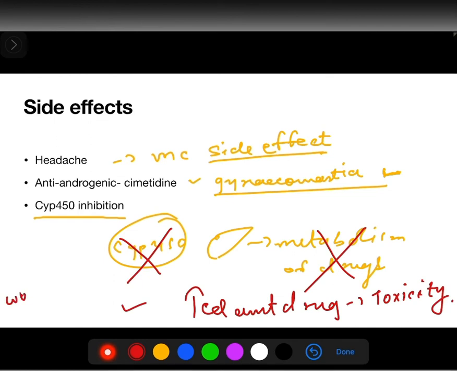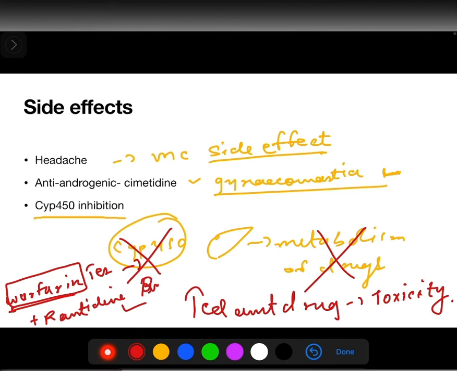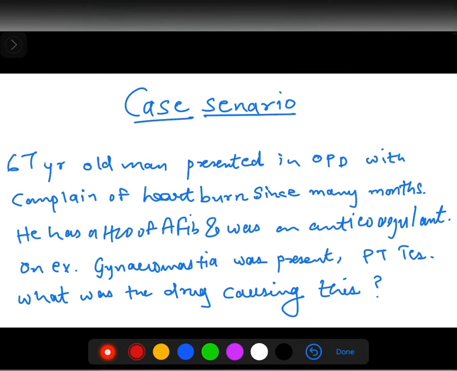Okay, for example, if we are giving warfarin to a patient, plus we are also giving them ranitidine. So now what will happen is the amount of warfarin will increase, and we know that warfarin is an anticoagulant drug, so there will be chance of bleeding in this patient because the amount of the drug is increased beyond its particular dosage. Because it is not able to be metabolized in the body, many a times it will be hazardous. Okay, so please keep this point in mind.